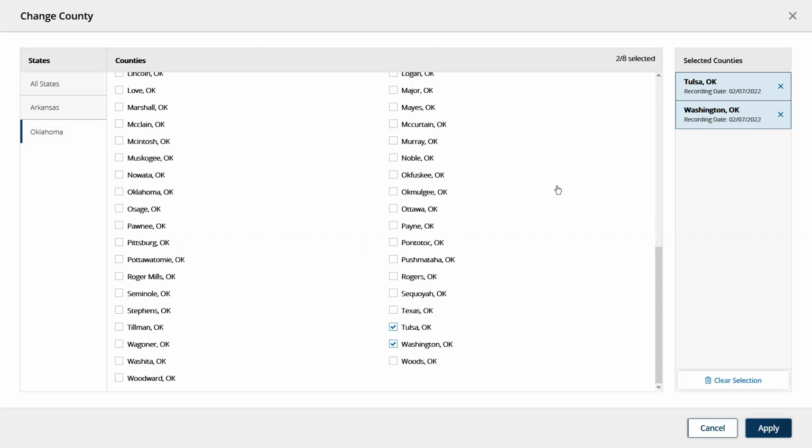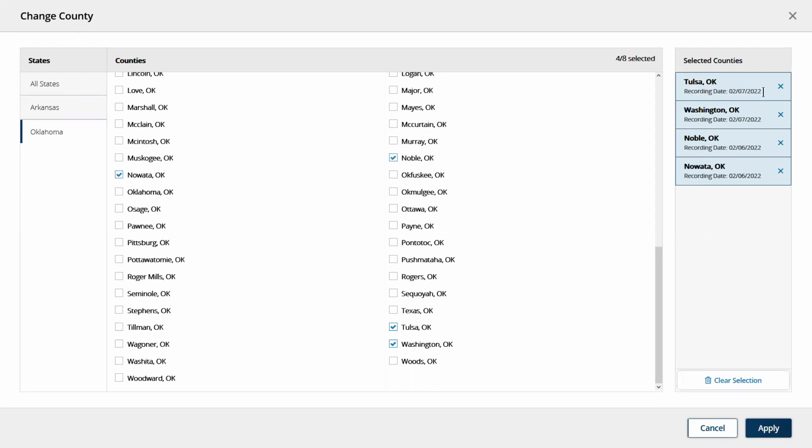Now, when you check the checkboxes, that's going to add it to this list over here to the right. This particular interface that we're seeing, where we've got categories over on the left, checkboxes here in the middle, and anything that we've selected over here on the right, is going to appear in a bunch of different places in Realist. So just keep that in mind whenever we're going through. Some of these other systems are going to be using the exact same layout. But over here on the right-hand side, after I've chosen any of the counties that I'm wanting to search by,